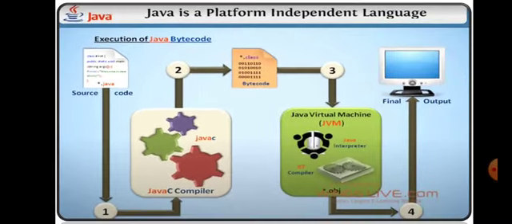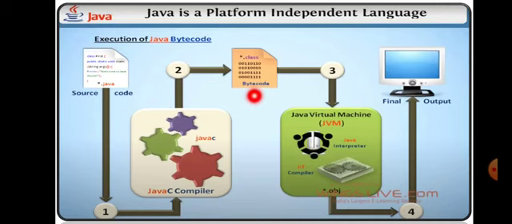Now after you do that, point number 2, the source code is compiled into a .class file. Now who is going to compile it? Here, javac is the compiler. As you can see, the Java compiler is this one. This Java compiler will compile this source code into a class file. Now this source code, which is in the form of English, is compiled by this javac, which is the Java compiler, into a machine language .class file, which is called as the bytecode.